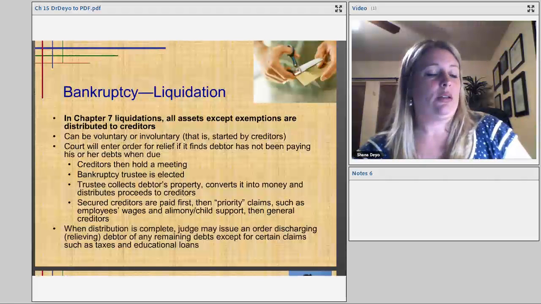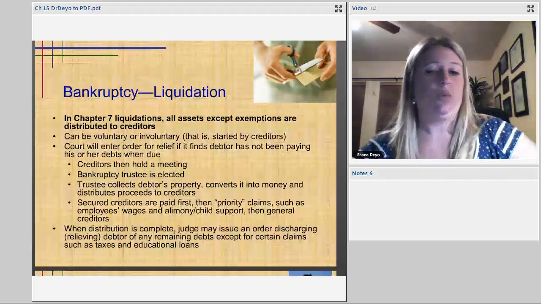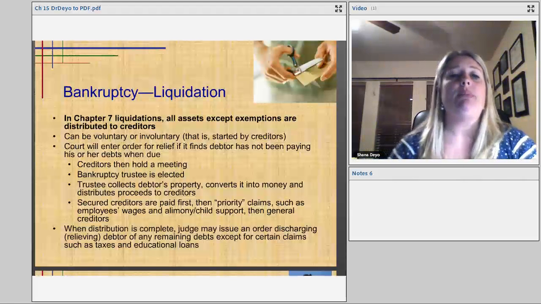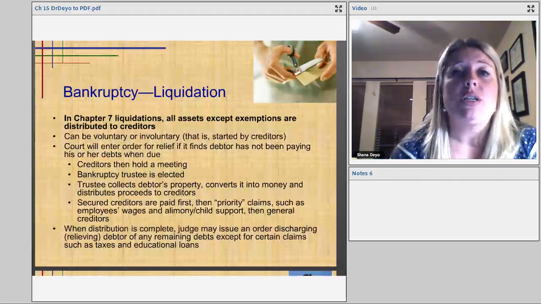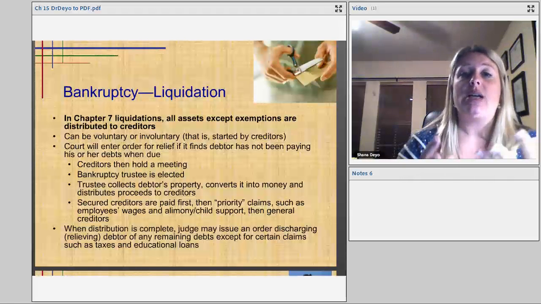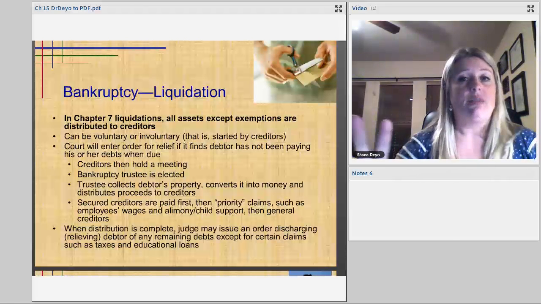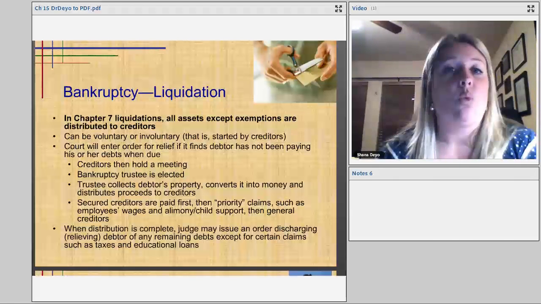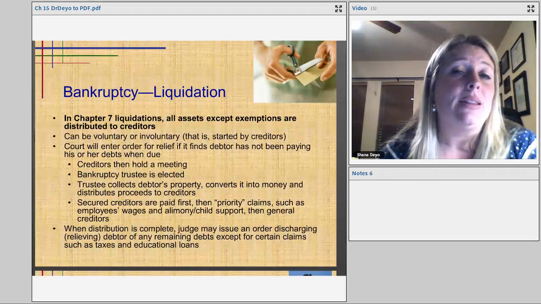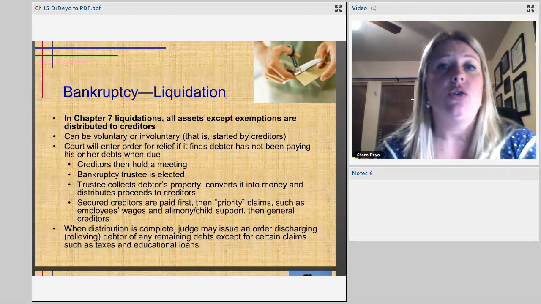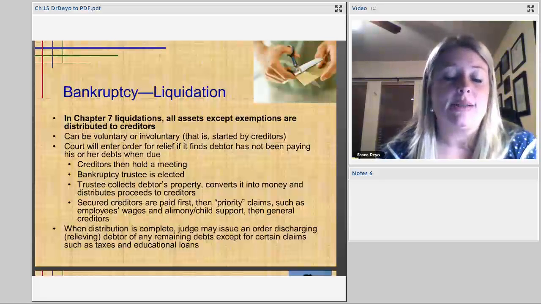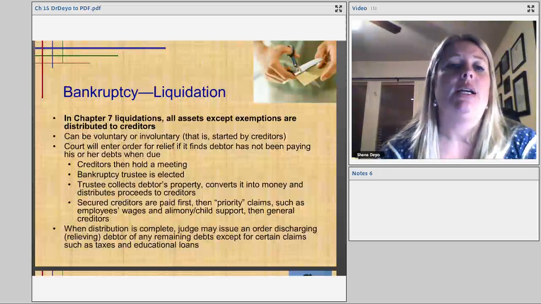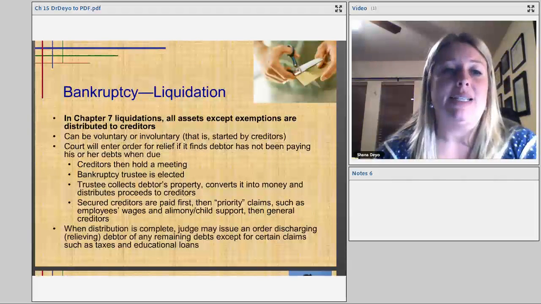Okay, there are 3 types of bankruptcy. These are the last 3 slides, and we are done with this chapter. Bankruptcy. The Chapter 7 bankruptcy is about liquidation. It is literally about liquidating what you have to get rid of the debt. The debt goes away. You are not on a payment plan. The debt goes away. Of course, bankruptcy does stay on your credit for at least 7 years, but it is literally about getting rid of the debt.